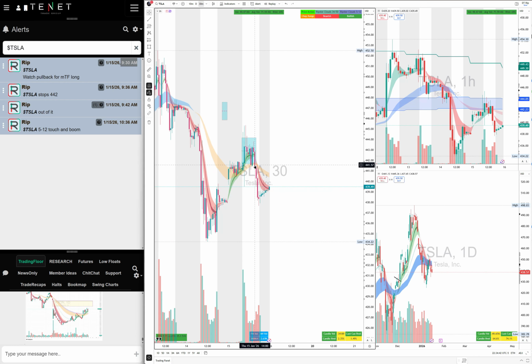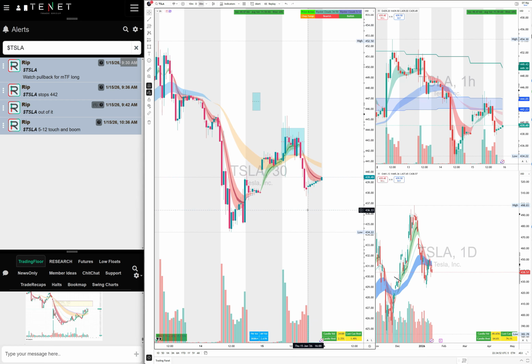Yes, it flushed at the end of the day, a range breakdown, which I've taught you many times. The range breakdown showed you could take it, but there was no reason to waste your time all day long on this barcoding that was happening right there. All right, so that was Tesla. Let's go to the next one.